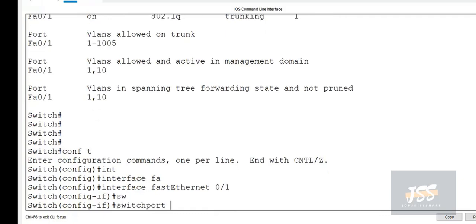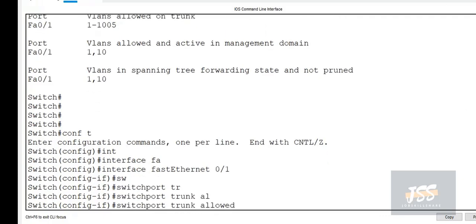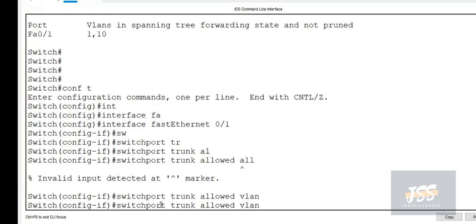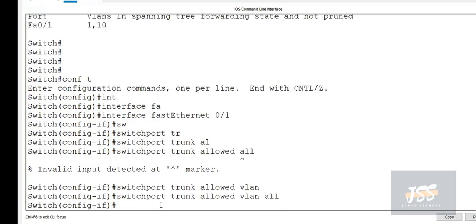The command is switchport trunk allowed vlan all. You can use the VLAN ID as well. So we are allowing all the VLANs on this trunk port of switch 0.